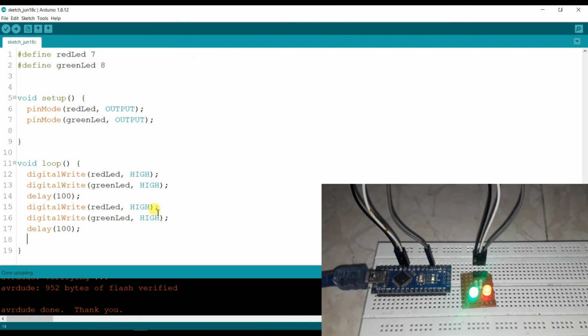Sorry, here I will change it to low, and here also low, and I will upload the code again.